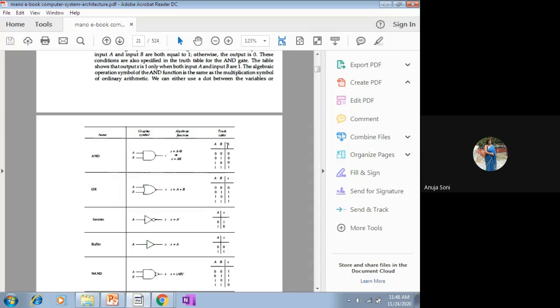Truth table is a table that consists of a number of min terms. Min terms means various kinds of combinations, all possible combinations. On the left hand side we have A and B, on the right hand side we have X. For A and B, because they are Boolean variables, A can have either value 0 or 1, similarly B can have value 0 or 1. So what are the possibilities for giving the input values? It can be both 0, 0, or it can be 0, 1, it can be 1, 0, it can be 1, 1. So all these are the possible input combinations.